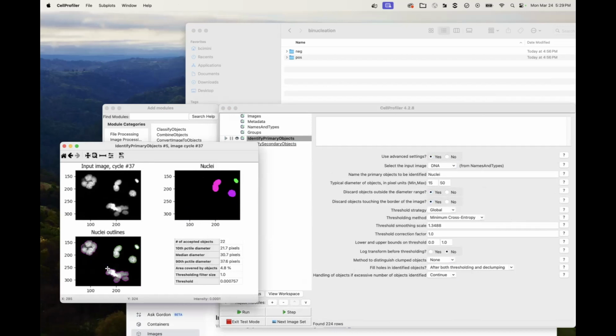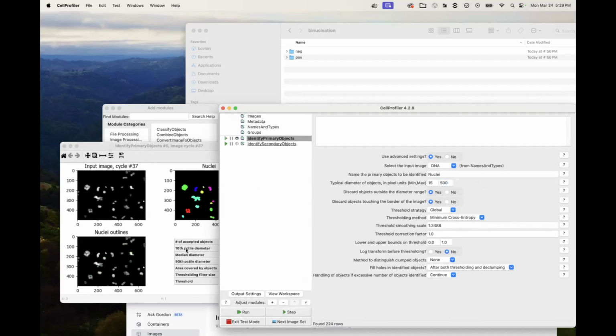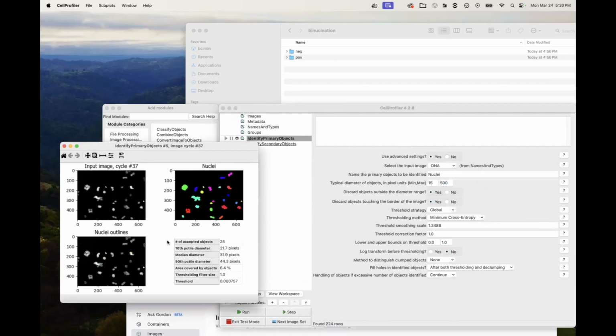Because now these really big things are being told that they're too big, and CellProfiler doesn't want to count them anymore. But I could do that. That would be one way to go. That's so easy. A good thing to notice here is that we don't actually think there are nuclei that are 500 pixels in diameter.